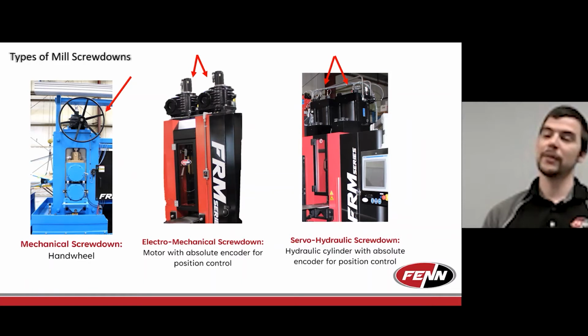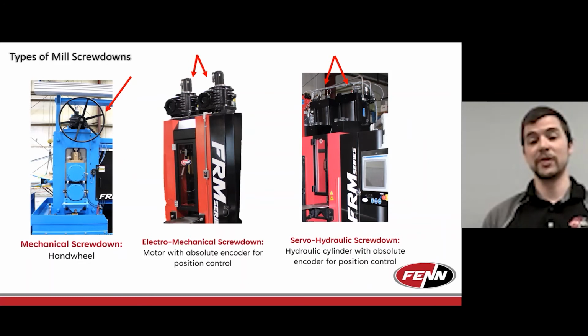One is, like I said, where we're trying to keep the cost down, and the second is for applications where you're running more continuous production through multi-stands, and for the first handful of stands in the line, being exact on the thickness reduction isn't critical. Their purpose is to take as heavy a hit as possible. So like I said, you set the position with the mechanical hand wheel in terms of the max reduction you can take metallurgically, as well as what the mill can take, and then basically forget it,